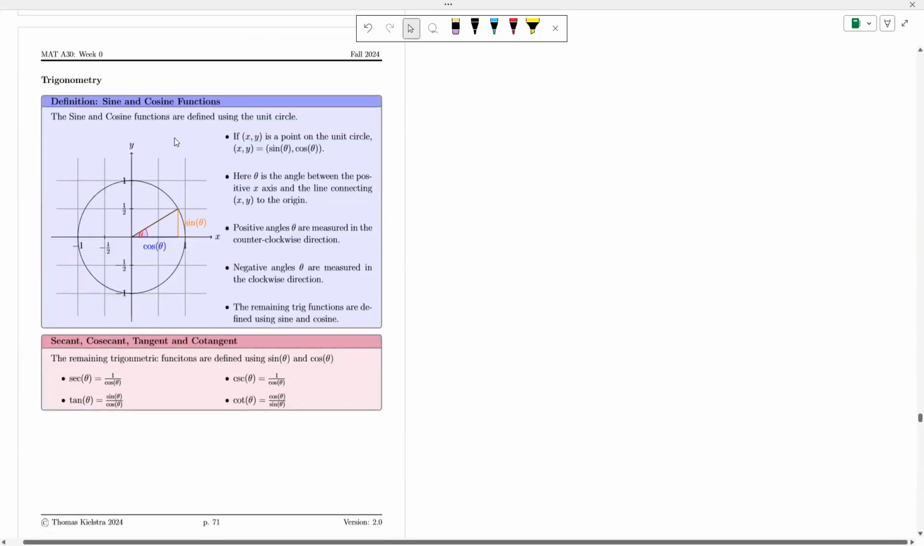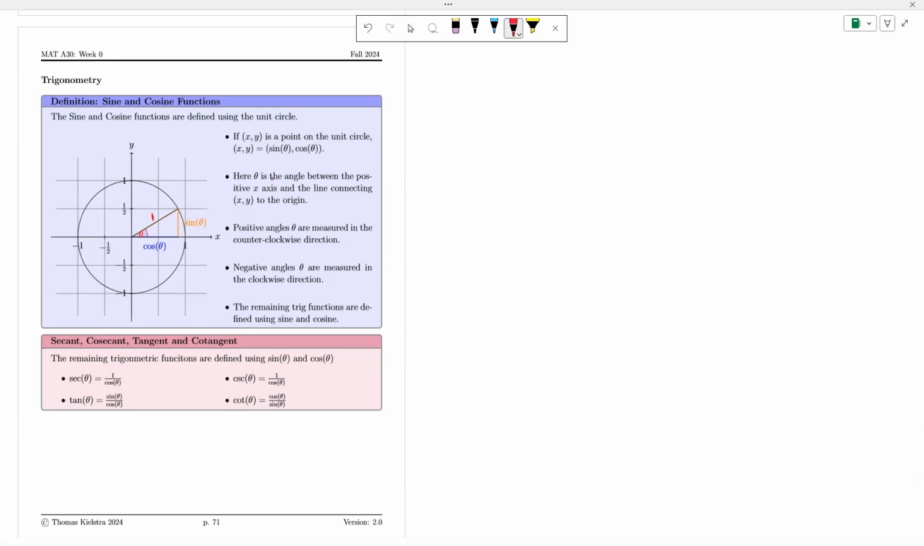And the trigonometric functions are based on the unit circle. The unit circle is the circle centered at the origin with a radius of 1. So this radius here is length 1. Okay. Now, here, if (x, y) is a point on the unit circle, then (x, y) equals (cos theta, sin theta), and